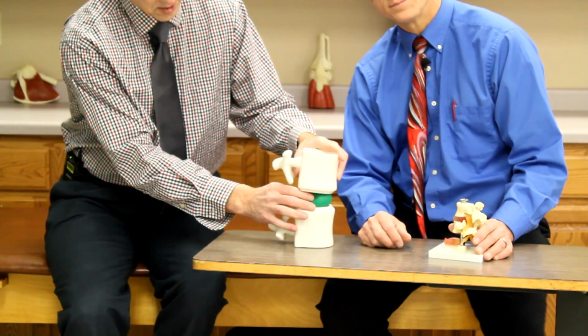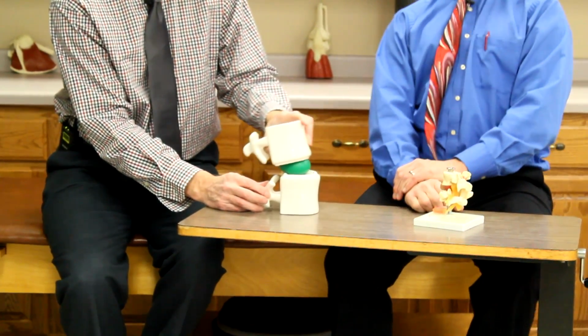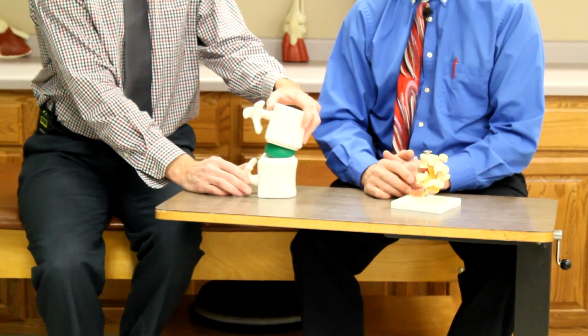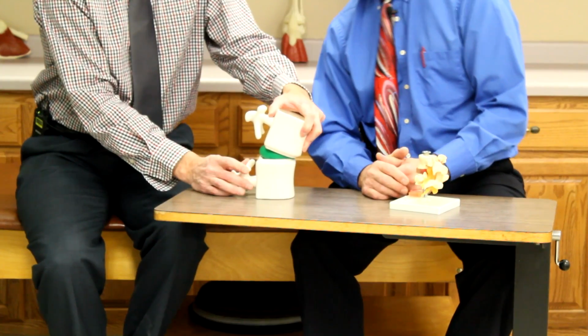Now, a healthy disc like this gives you a little bit more height, and it helps the vertebrae move without giving you trouble. So your back can flex, extend, and rotate a little bit. But over time, if you do a lot of sitting and a lot of lifting, the back of the disc can start to wear out, and eventually what can happen is...